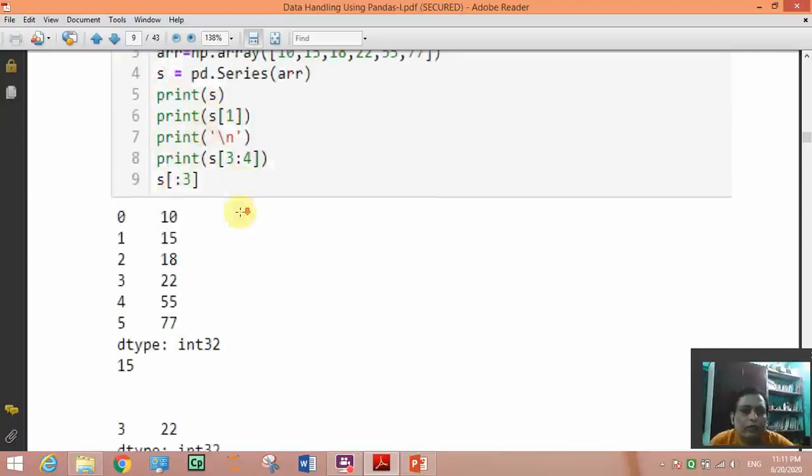But here we have to see that it will go up to n minus 1 only, which was not the case in the previous function. So third and 4 minus 1 means third only, so it will print only the third element, it will not print the fourth element.